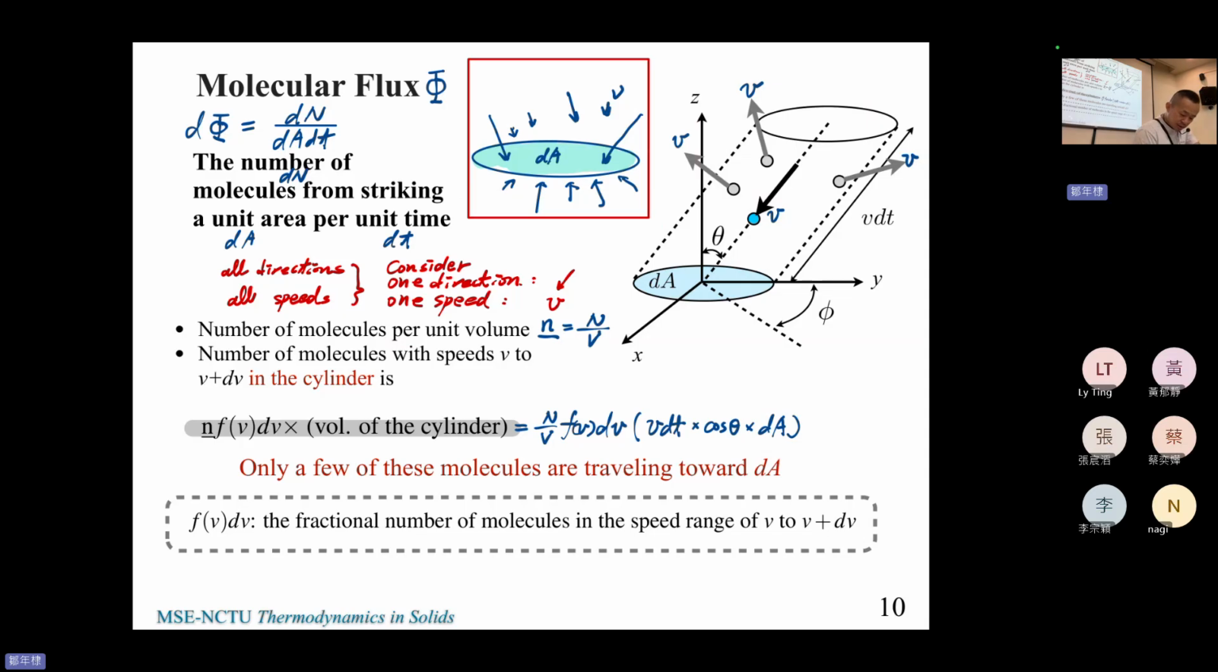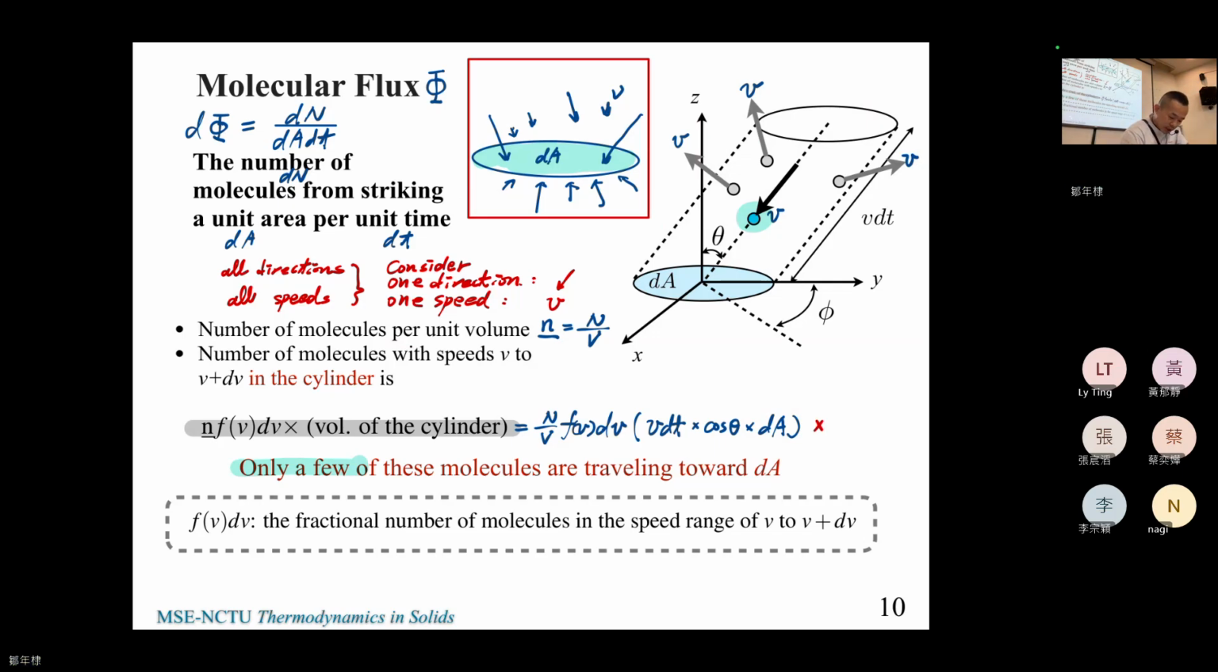But this is for all the directions, but only a few of these molecules will travel toward the dA in this direction. So only a few of these molecules go in this blue highlighted direction. Only the few. So they are all, but we don't want all. We want one direction. So,